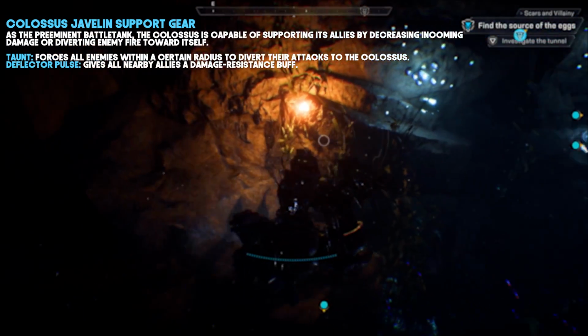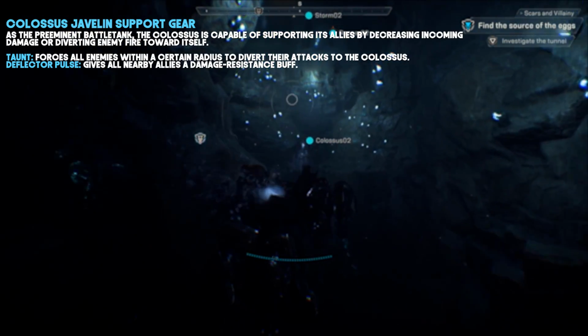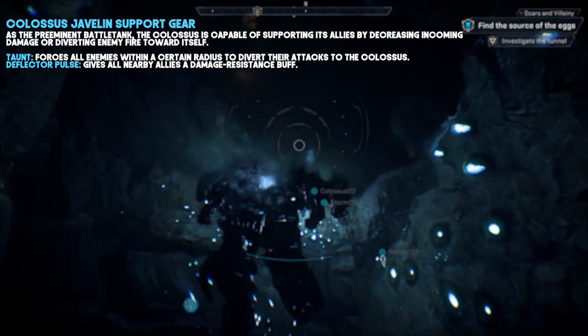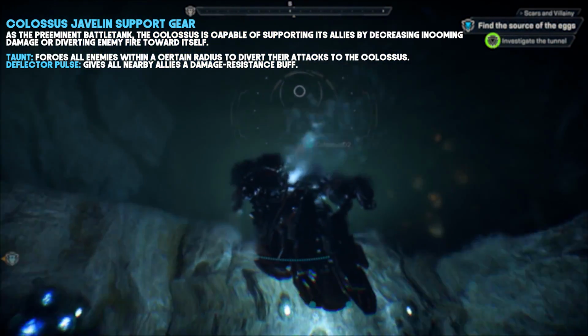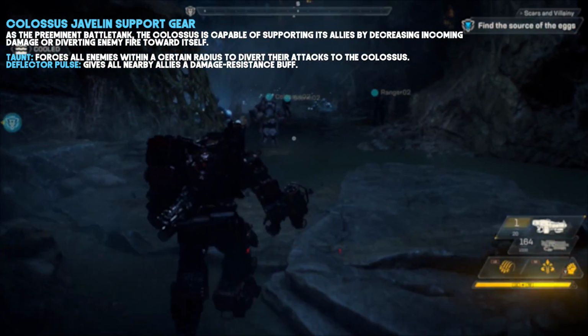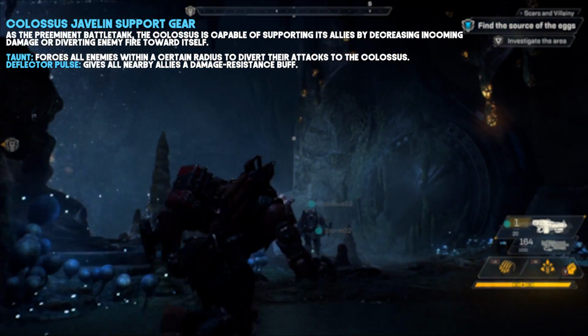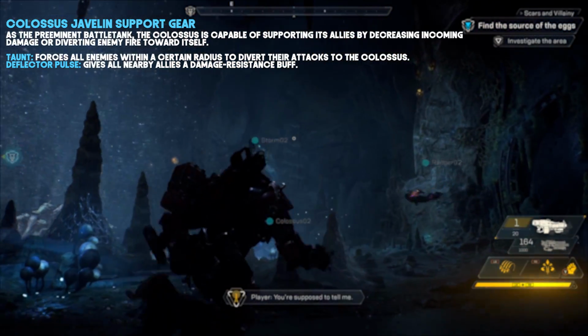This is very clearly like, yes, the Colossus is your tank. In fact, you can taunt and aggro a bunch of enemies for your teammates, and that's just really cool. Next up, we've got the Deflector Pulse, which is the Colossus support buff, if you will. This gives all nearby allies a damage resistance buff, and you're probably seeing a trend by now where every single